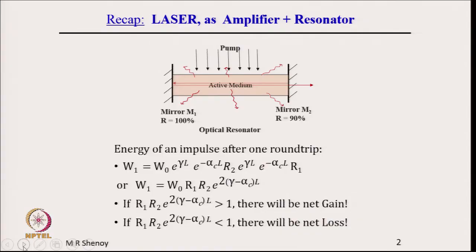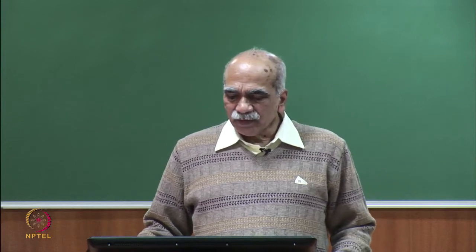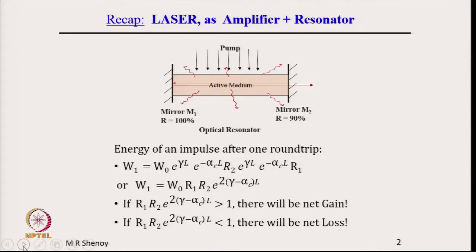A very quick recap: laser as an amplifier plus resonator. In the last lecture we saw how the laser, which is an oscillator, is a combination of amplifier plus resonator. So, what is shown here is the laser medium, gain medium, and two mirrors coated at the ends forming the resonator, and we have seen that the energy of an impulse after one round trip is given by an expression here,